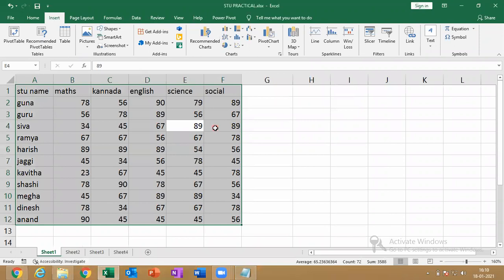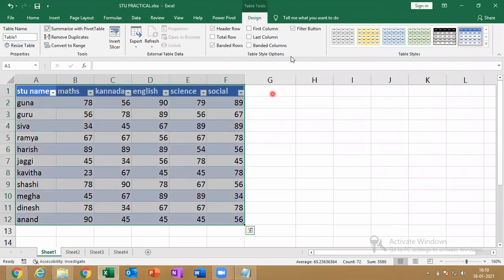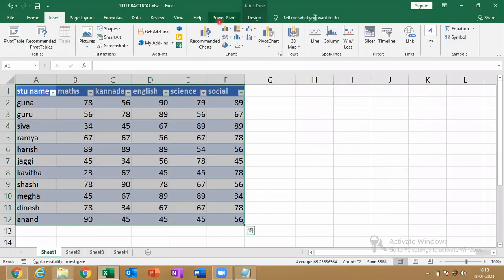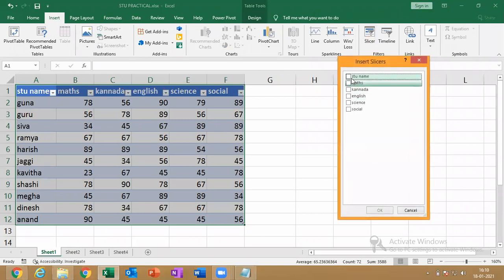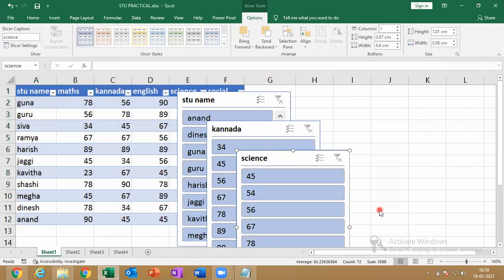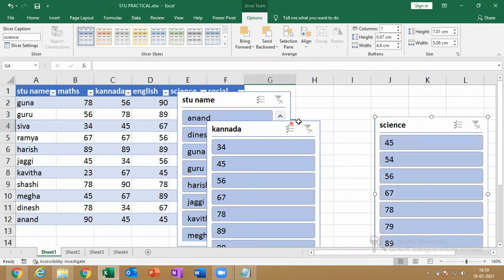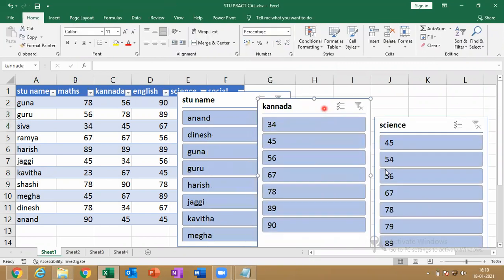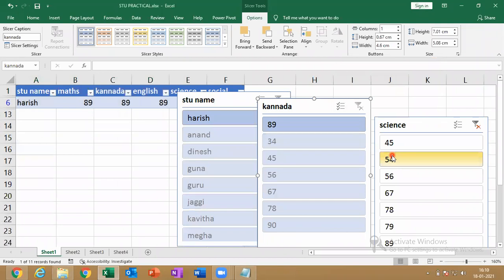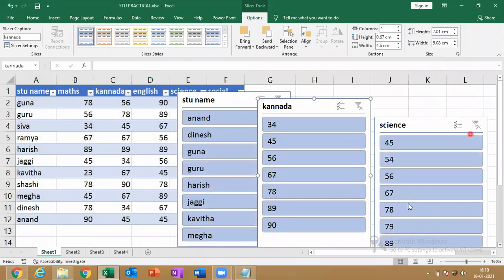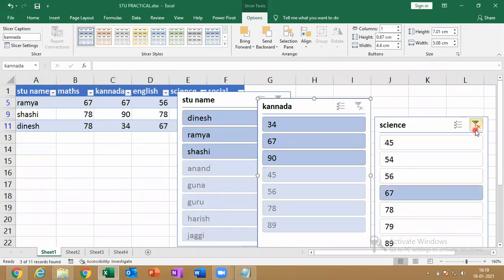See, now let me press Control T to make a table, go to insert, slicer. See, which I have done already in the pivot table slicer, right? The same thing. So who has taken 54 in science? Clear. Who has taken 67? Clear.